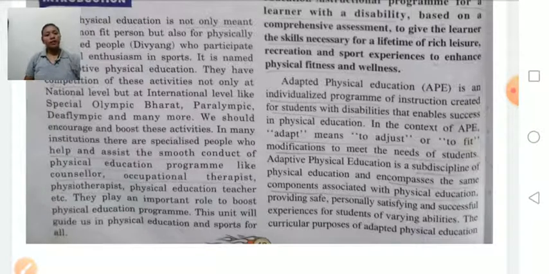These people play an important role to boost the physical education program. This unit will guide us in physical education and sports for all.